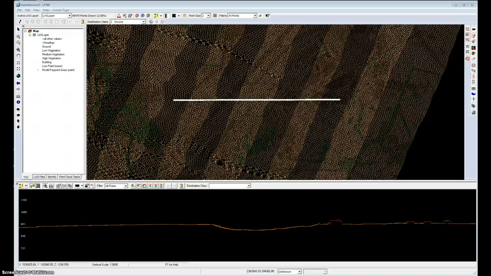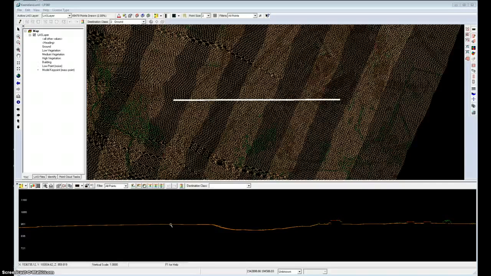In my example, I've got a typical project area that's already been classified in terms of ground, which we see in orange in the profile view, and some other objects. And I notice I've not done a good job of classification. I've got some vegetation in my buildings and so forth, but what I'm really interested in is the ground class. And you'll notice that the point density in this ground class is rather high, and if I'm going to export my ground class data to an application that doesn't handle bulk points so well, I might want to thin that